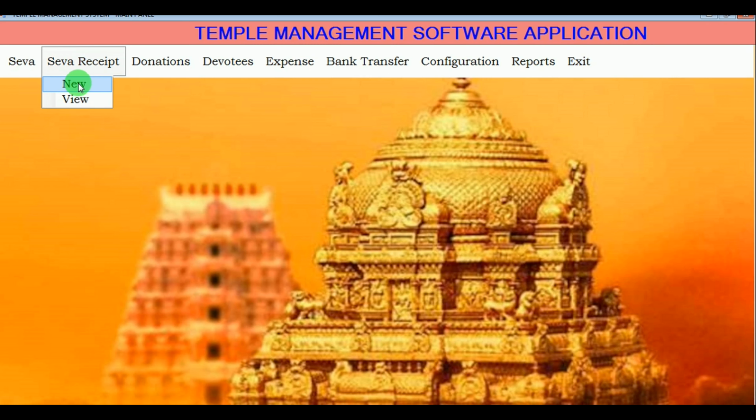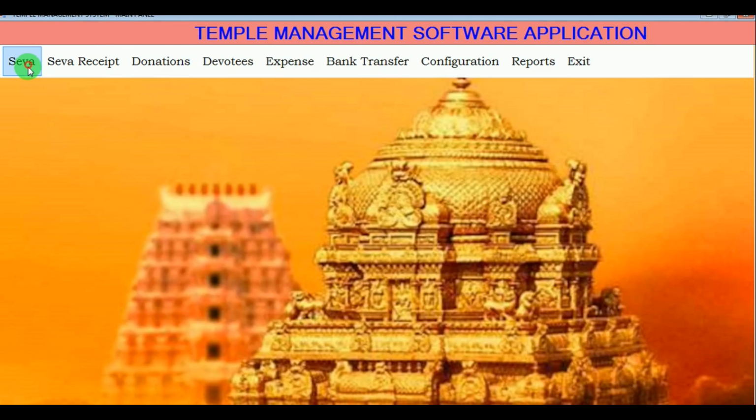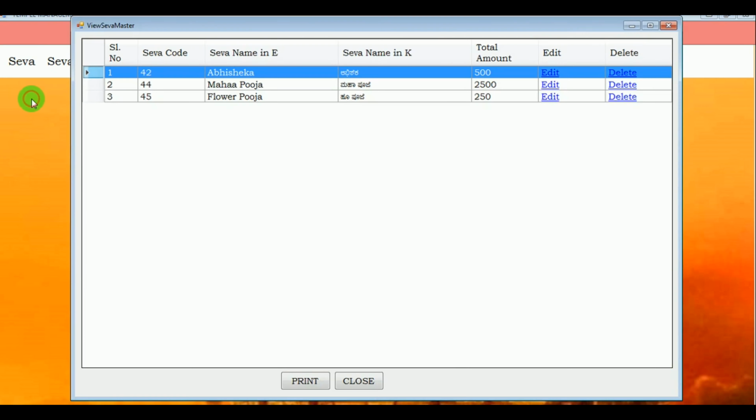Under seva receipt on new, here admin can create the seva receipt. There is an option Kannada and English. The bill number must be entered, the bill date and bill time. We can see that the bill is done by the admin. The seva code must be entered.